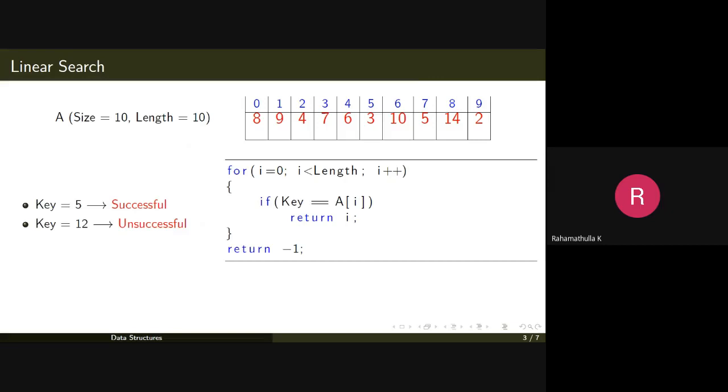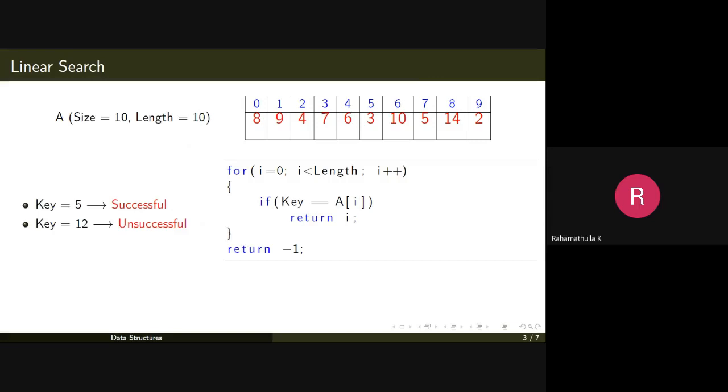This is the linear search algorithm. For i equal to 0, i less than length, you traverse through the array and check whether the element is equal to the key element or not. If the key element equals a[i], then return that position.